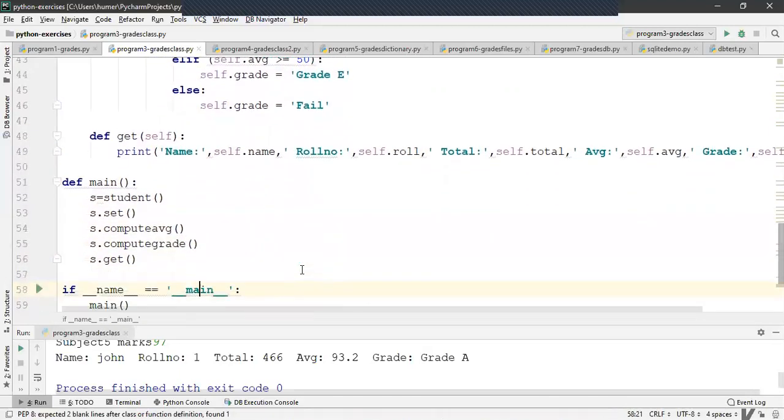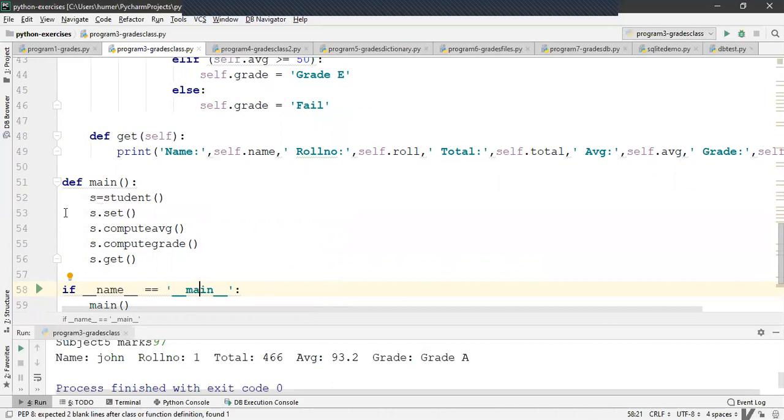Get is a function that's used to print the data that includes student name, roll number, total marks, average, and grade.